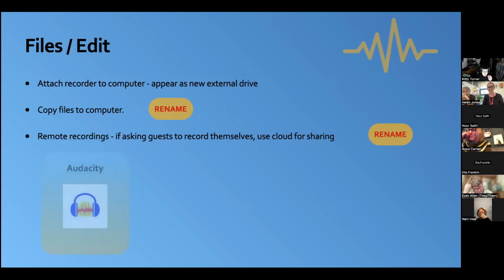So just quickly, a few bits on edit. Audacity is amazing. If you don't know about Audacity, go out straight after this and get it downloaded. An absolutely amazing resource. It's free, it's open source, it's cross-platform. It is a multi-track audio editing and recording piece of software. And free here is not just like no cost, although there is no cost, but free as in freedom.